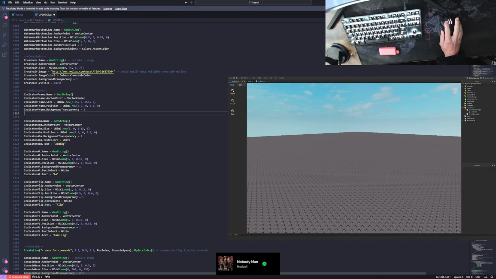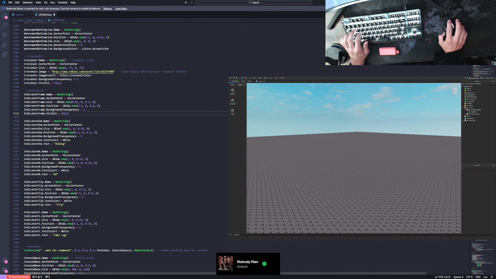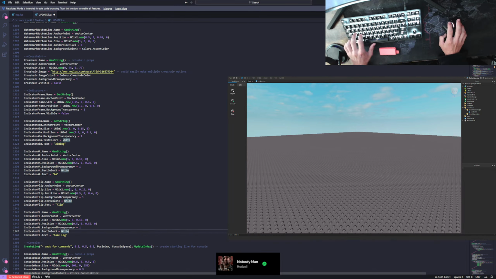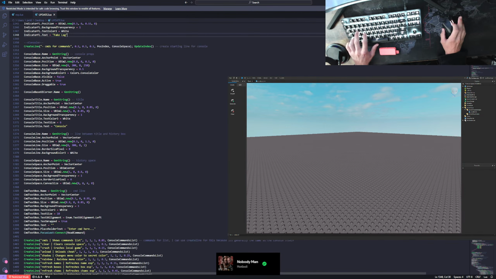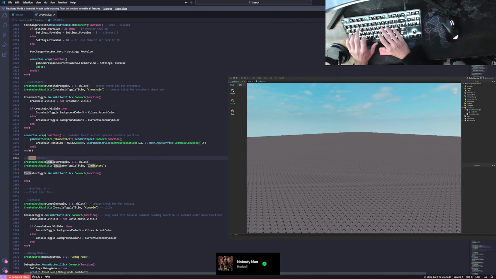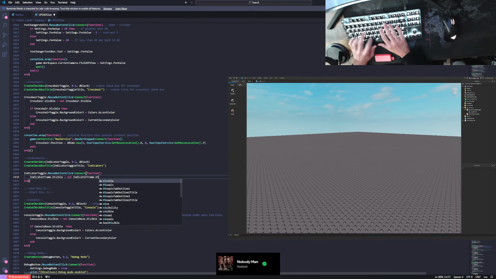But then just make the frame indicator frame dot visible equals false. So it can't be seen once you start it. And then, yeah. Now I just do indicator toggle dot mouse button one click connect function, indicator frame dot visible equals not indicator frame dot visible,